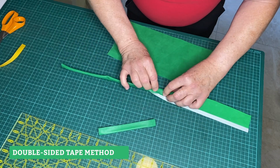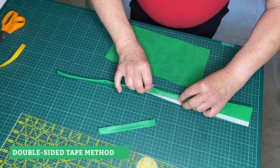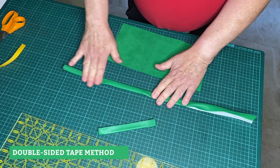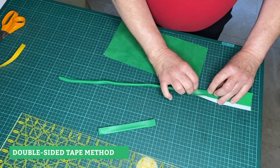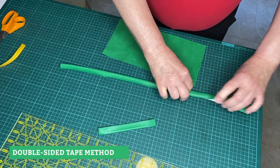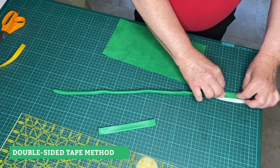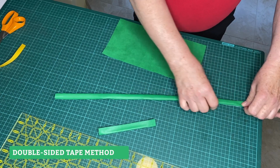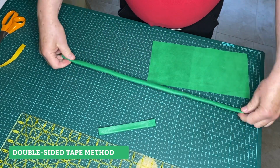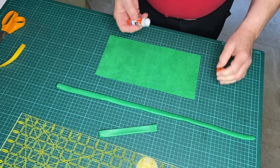When you find that you've made a mistake or it's rolling wrong for you, you undo it. That's the nice thing about both tape and glue, is you're not committed 100%. You can correct errors. Those 2 are done, and this one,